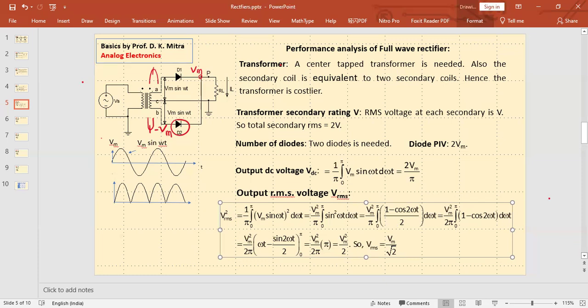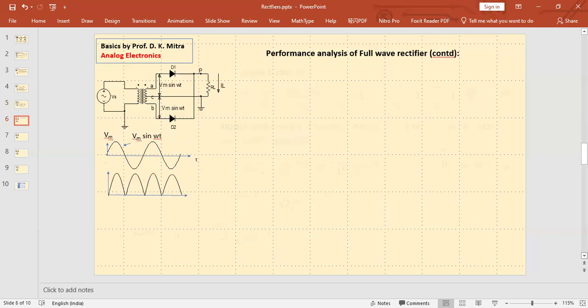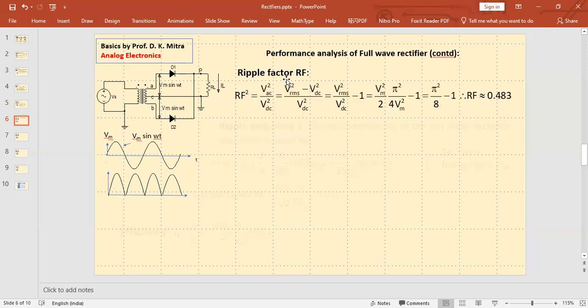Right? So we got output DC, we got output RMS. Now, between DC and RMS, there are some relations that we shall find. What is the ripple factor? The ratio of AC square by DC square is ripple factor square, and ripple factor is AC by DC. So VAC square is RMS square minus DC square. In the same way, ripple factor square is VRMS square by VDC square minus 1. VRMS and VDC, both values we have got. If you calculate this, the ripple factor becomes